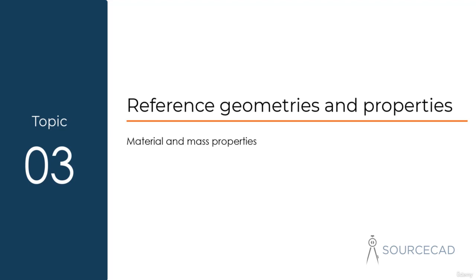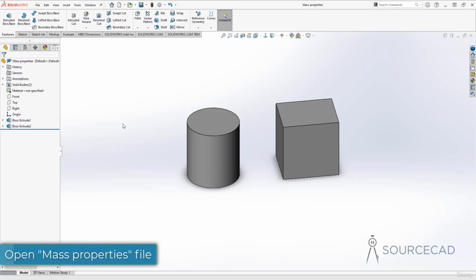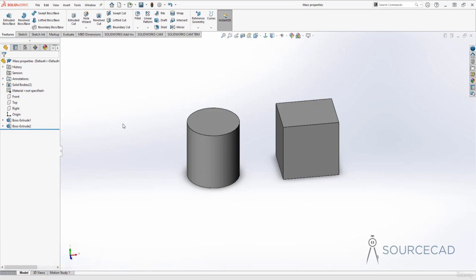In SolidWorks, you can find physical properties of the parts that you are making using the mass property option. Now, these physical properties are volume, density, mass, and things like that. Here I have a two body part. I've got the cylindrical body and this cuboid, and you can actually find out its physical properties using the